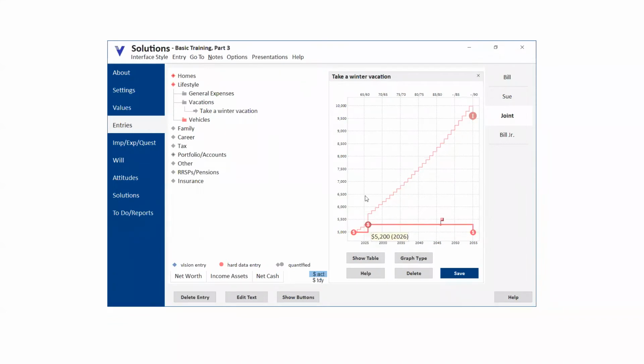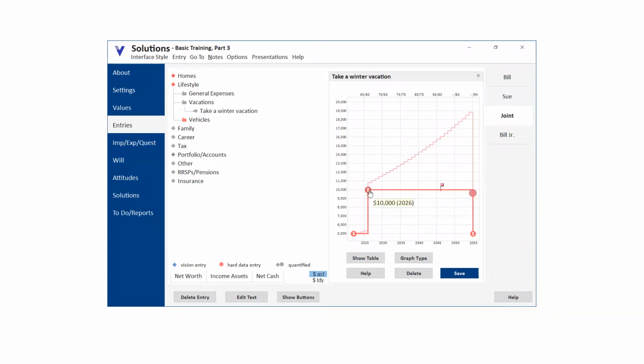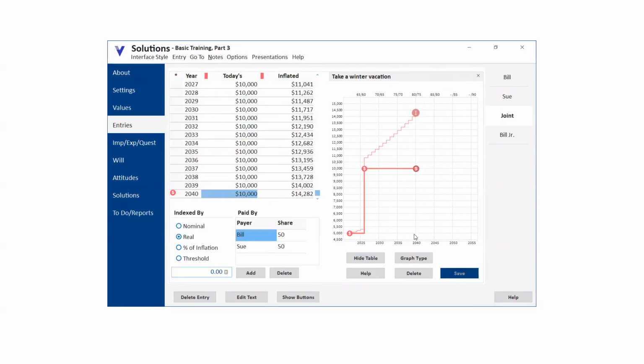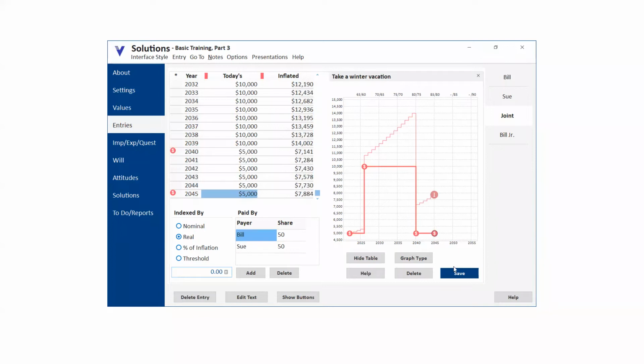Yeah, when we retire, we'd rather spend $10,000. We'll have a lot more time. We'd rather go south for much longer, whatever it might be. But again, we don't want to assume that we're spending $10,000 when we're 90 years old. So we can just take that end dollar bill bundle, drag it back to, let's say, 80 and 75. We can end it there, or if we want, we could drop it down to $5,000, add another 5 years,